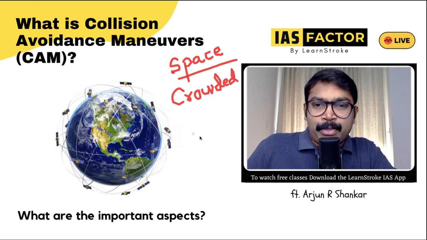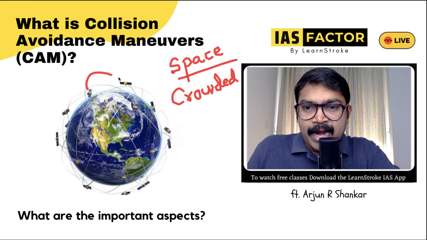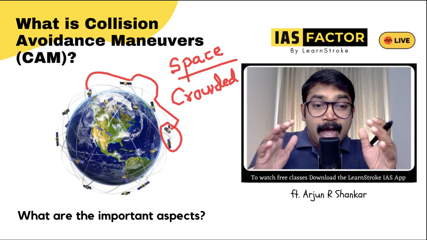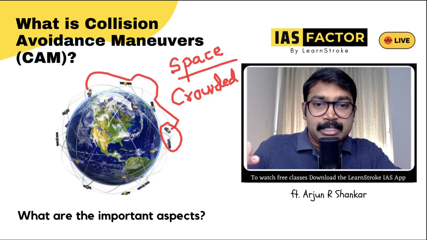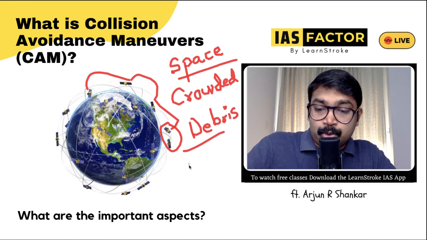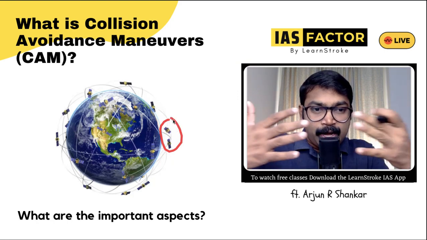Have you ever felt that maybe this one will collide with this one, or both of these can collide with each other? How do you manage that? Space is now full of debris. There are unwanted items floating in space, which is also called space debris. So everything is related. What do you think about whether these two things will collide with each other?